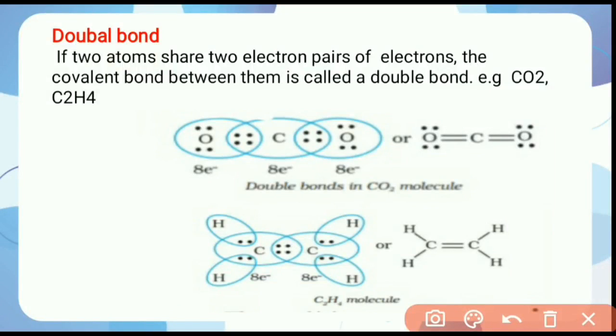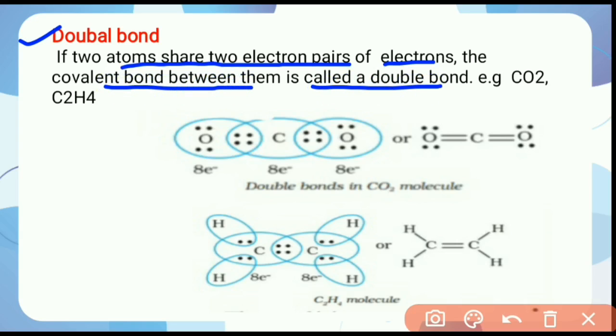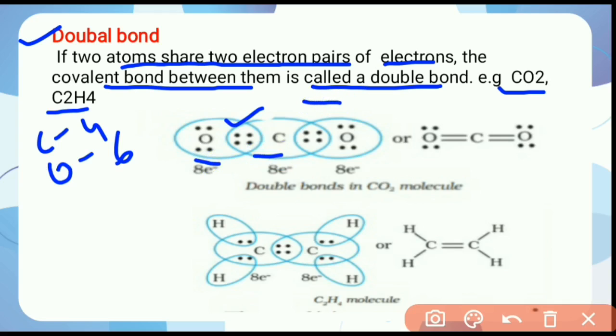Second type of covalent bond is double bond. If two atoms share two electron pairs, the covalent bond between them is called a double bond. For example, carbon dioxide and ethylene. In carbon dioxide, carbon has 4 valence electrons and oxygen has 6 electrons in its valence shell. So by the sharing of two electron pairs between oxygen and carbon atom, and between carbon and another oxygen atom, mutual sharing of two electron pairs completes 8 electrons of all atoms